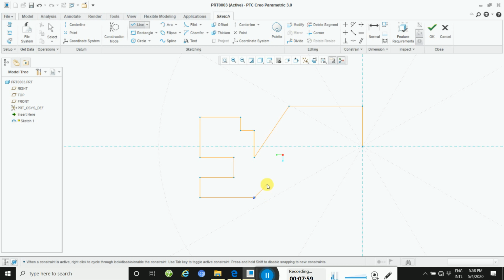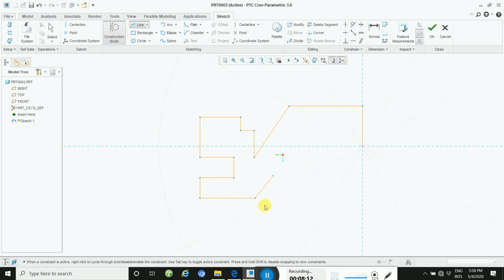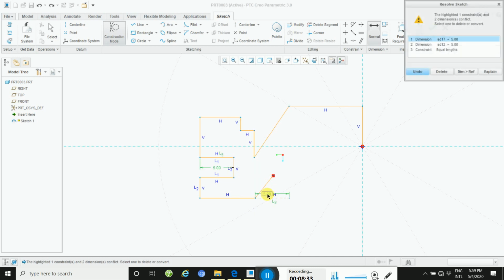See very carefully how to take a dimension with the help of a construction line. First draw a construction line: click the construction line, and then draw a line. Then go through Normal, then click this line, and then the construction line, and then click here. No, wrong. Click Normal, then click this line, then select this line, and then the middle mouse button.